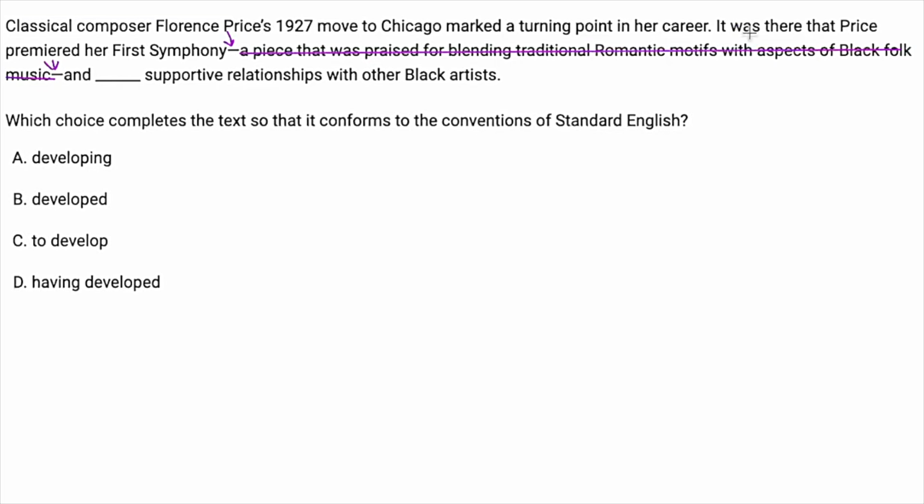So I'm going to see if I can get away with just reading this sentence first. It was there that Price premiered her first symphony and blank supportive relationships. Okay. So it was there that Price first premiered. So this is simple past tense. I want simple past tense, which is be. And as you can see, getting rid of that parenthetical made it a lot easier for me to read through